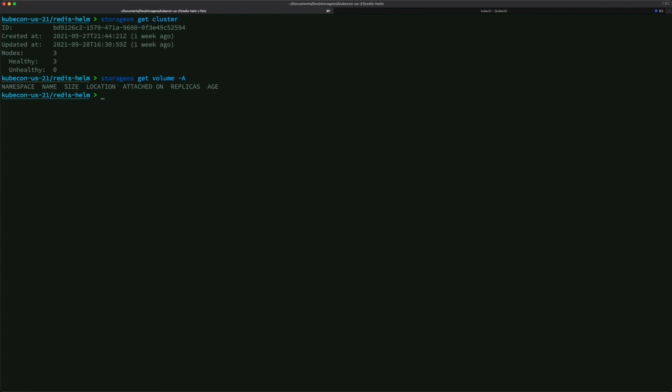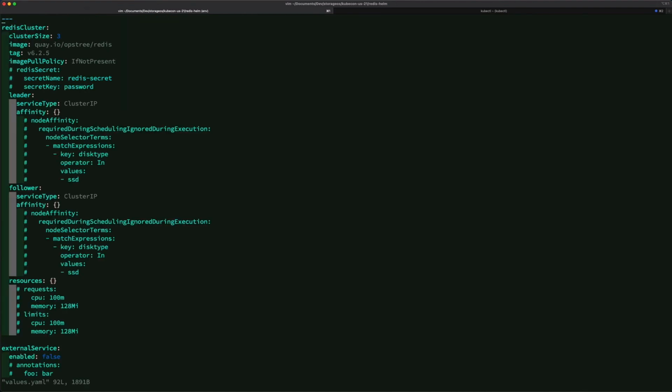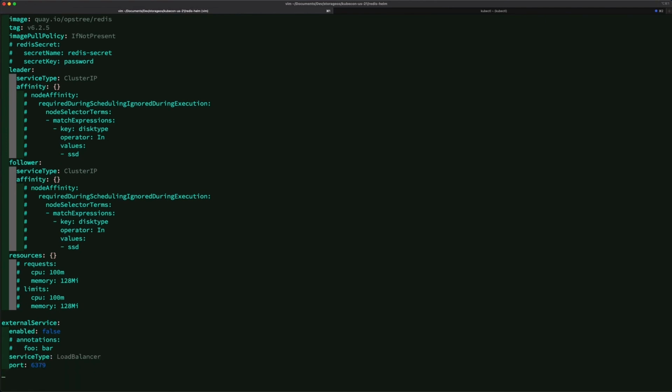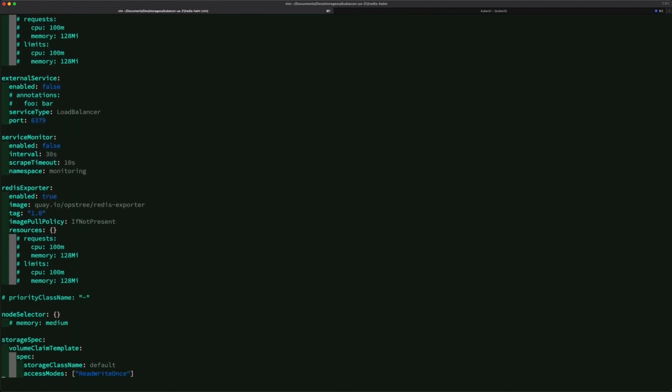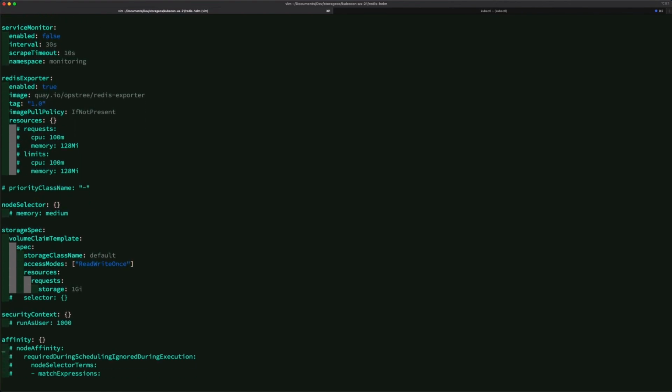Next, let's deploy the Redis cluster. For this, we are going to be using Helm. And if you're familiar with Helm, you can customize some of the values it's going to be using by using the values.yaml. So I've copied it from the original Helm chart,